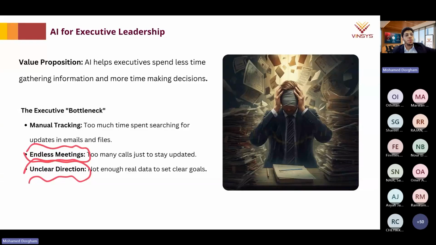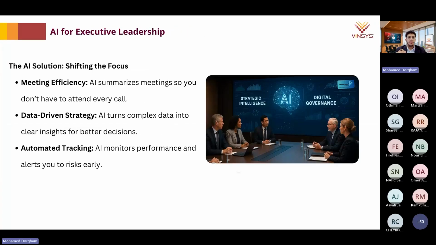So all these we are going to fix, or we are going to see how we can accelerate them using AI. And of course, this is the value, we call this the value proposition, okay? That AI can really help you today to spend less time gathering information, gathering all the communication happening, gathering details about a specific project, trying to put together a plan for your team, trying to keep your team on track.